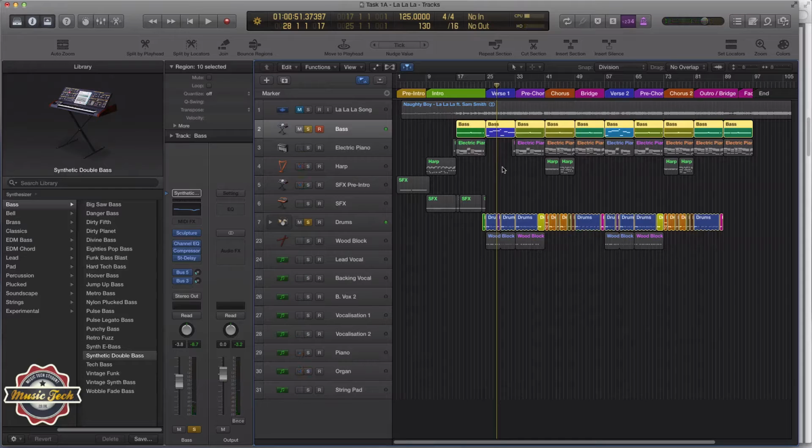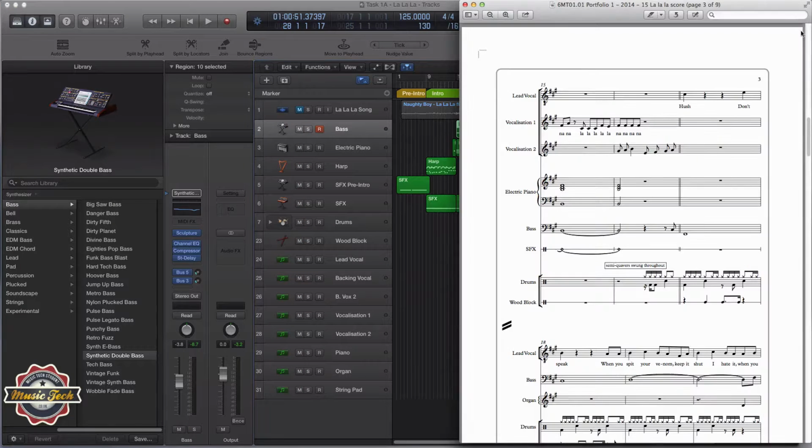As you can hear, the bass drum still needs a bit more reverb and a bit more EQ, and I can probably just bring the level up a little bit. Once we get there, that's what we'll be aiming for: the bass and the bass drum working as one. Next thing then, when we're inputting these notes, the bass is going to be a really